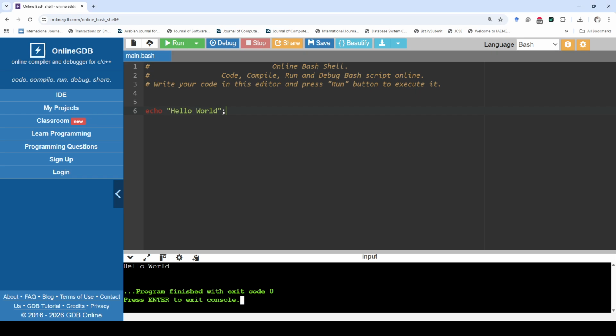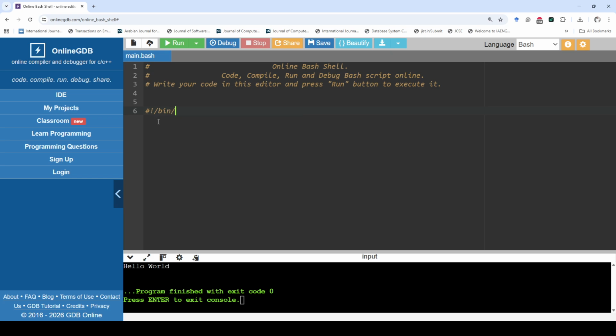Let's execute some simple programs. We know about echo, it's a command used to display, right. So I want to find out the length of a string. So how do I do this? How do I find out the length of a string? So we have to use this thing,